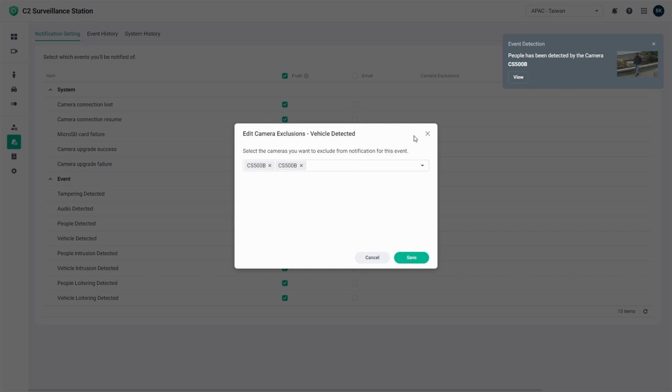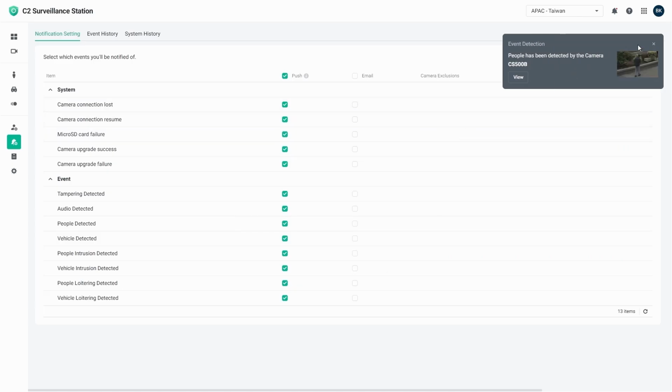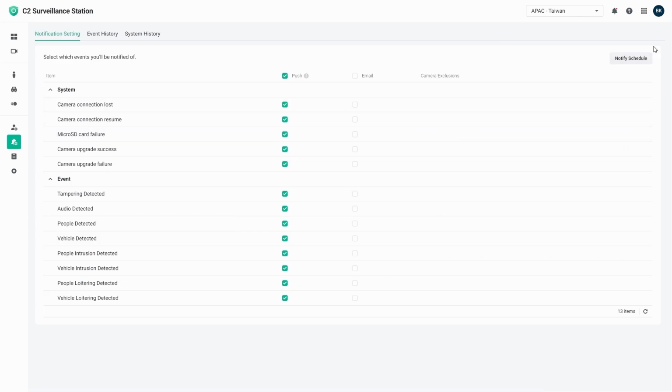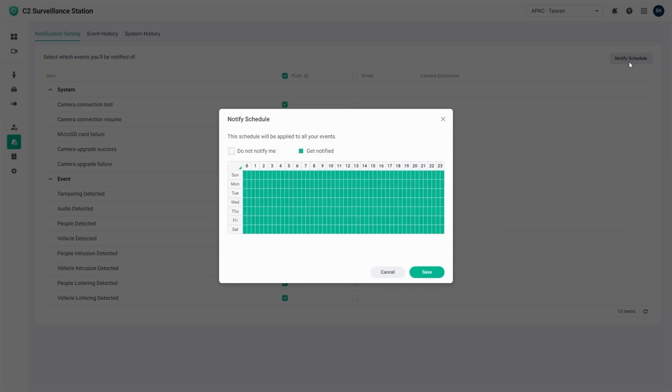Now, once that's all configured, you can also configure a notify schedule for these notifications, similar to on-premises Surveillance Station. You're able to block out periods of time where you would not receive these notifications. Maybe you don't want to receive notifications in the evening, for example. You could block that off. Now, keep in mind, you can get very granular inside of this menu. You can block off or enable individual cells in this menu you see here.